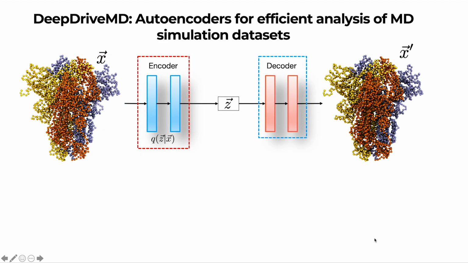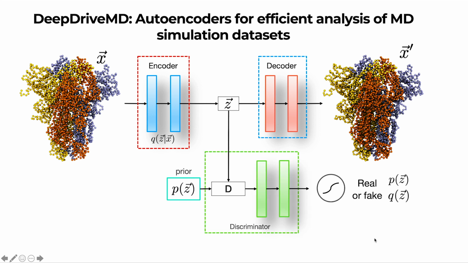Therefore, we came up with a solution which allowed us to directly work with the 3D coordinates generated by these simulations. These XYZ coordinates are usually represented as point clouds, and we used a similar encoder-decoder architecture to what we were using before, but with one significant change: we added an additional adversarial layer for training these autoencoders in such a way that they become more robust to input noise. This allows us to quantify what constitutes a good reconstruction based on the data that we have seen, as well as what constitutes a bad reconstruction, given that all of these approximations might not be the same.